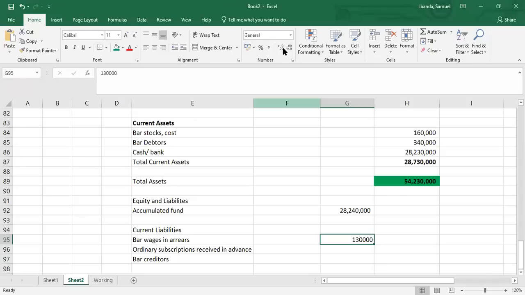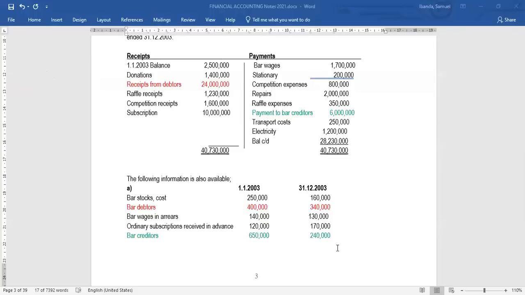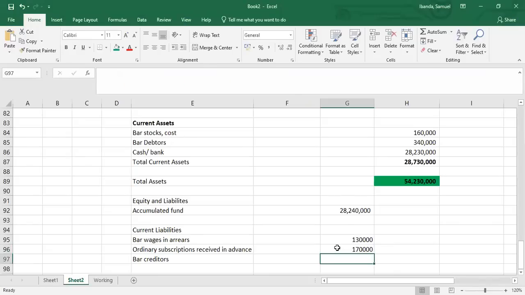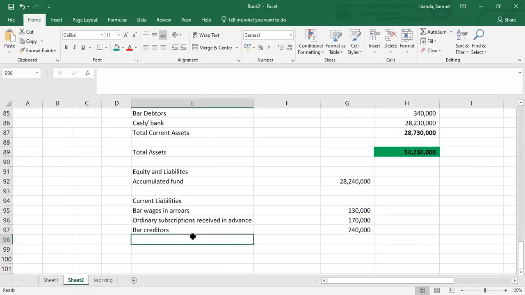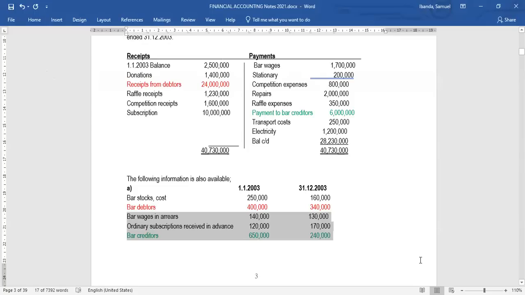Okay. I have as my current liabilities, sorry. Now, one of the other things that we also need to know is remember we have